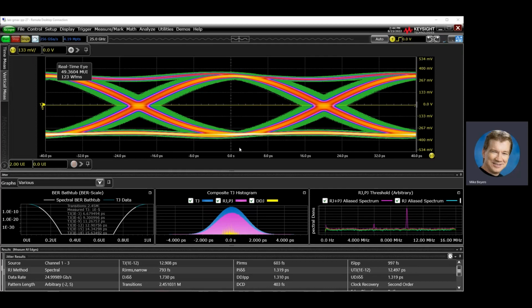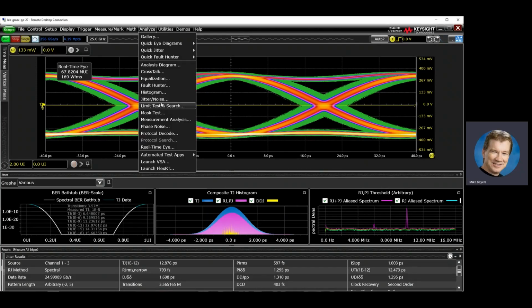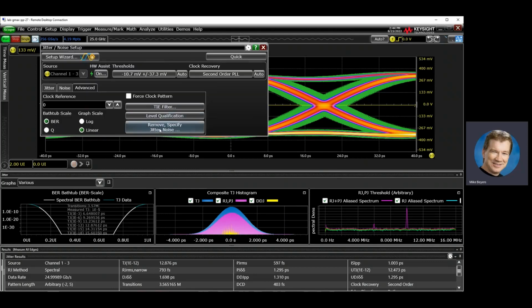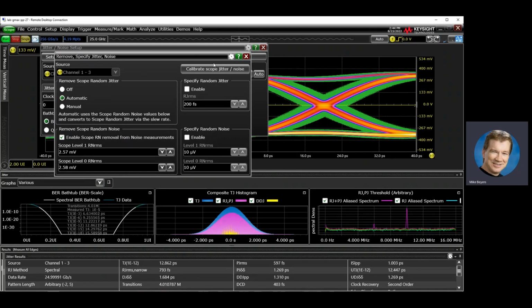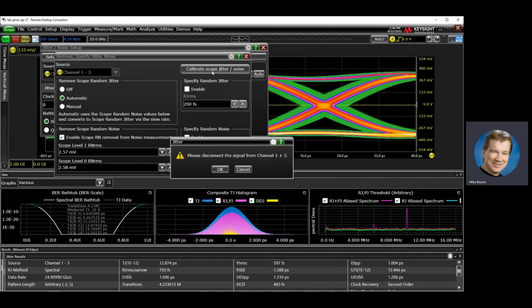Here you see a live 25 gigabit per second waveform with a fair amount of RJ and PJ on it. But we want to make sure that we're measuring just the DUT and try to compensate for the noise contribution of the scope as much as possible. To do that, we go into the jitter noise diagram, into the advanced tab, and into the remove or specify noise tab here. We're going to calibrate the scope noise jitter, and it's going to tell us to